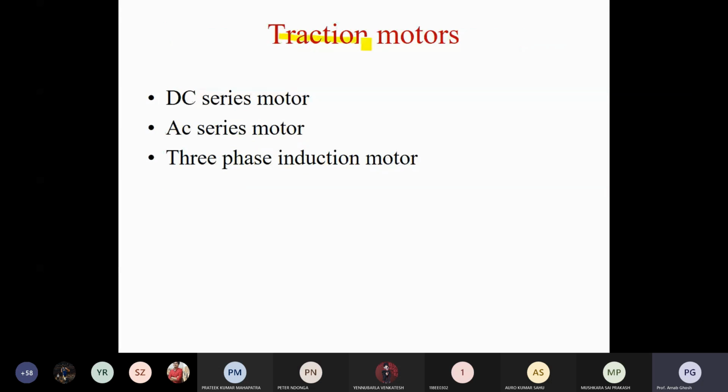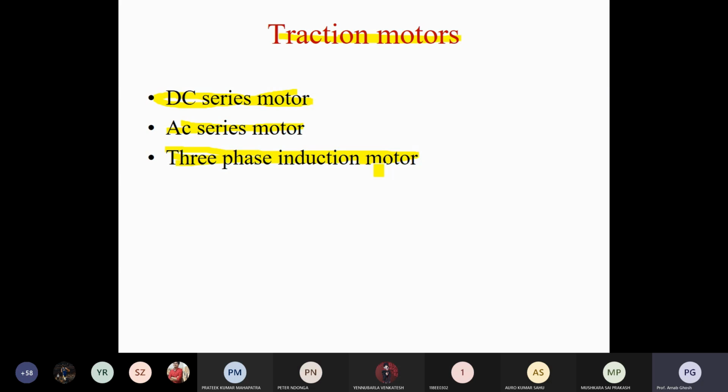Then traction motors. What type of motor do we normally use in traction? The DC series motor is the well-known traction motor. Sometimes we also use the AC series motor for single-phase operation, and the 3-phase induction motor, with V by F control. Now electric vehicles are there, and in that case we are using